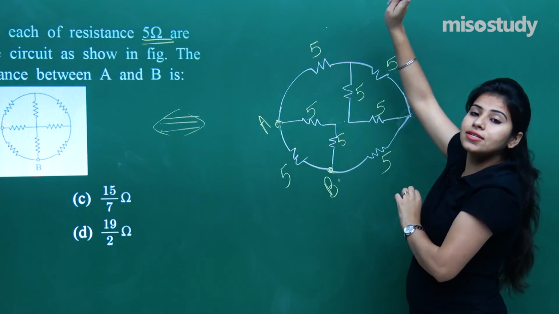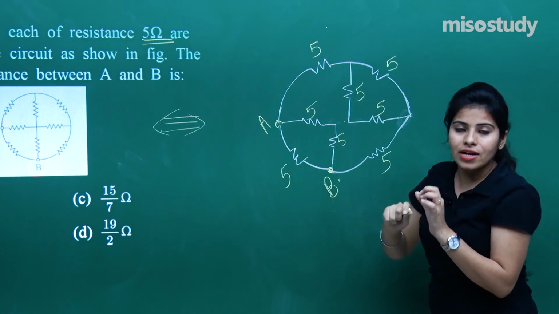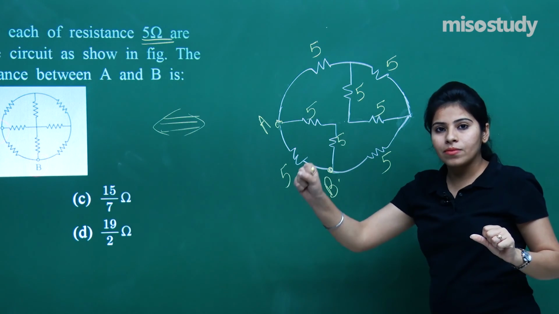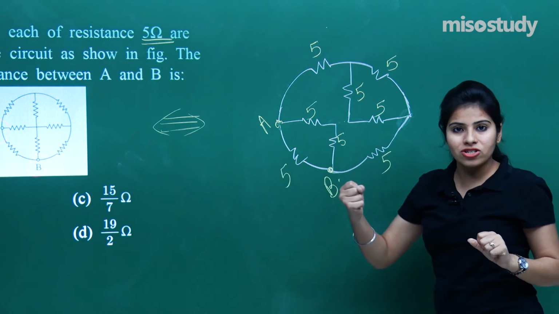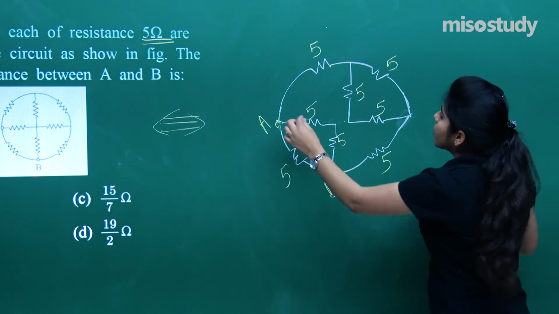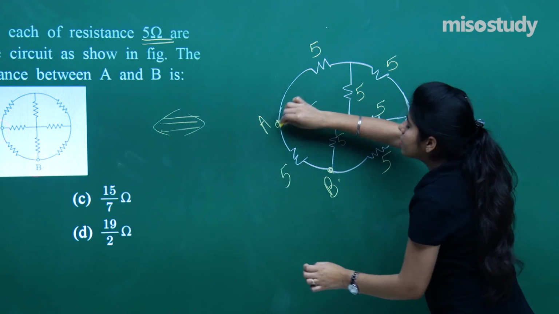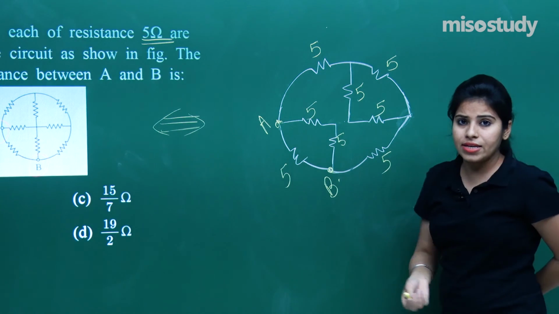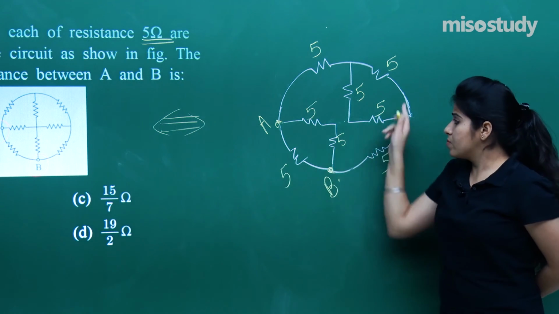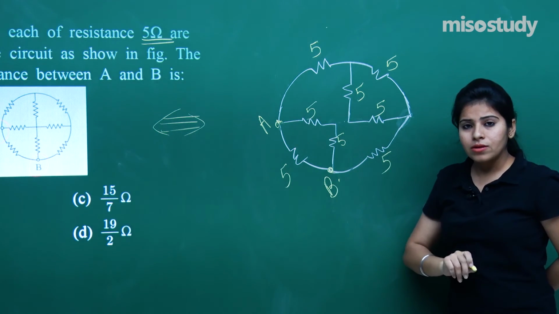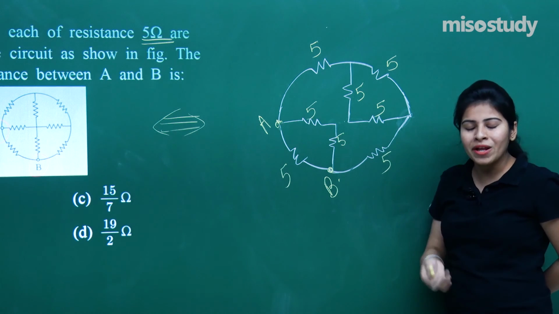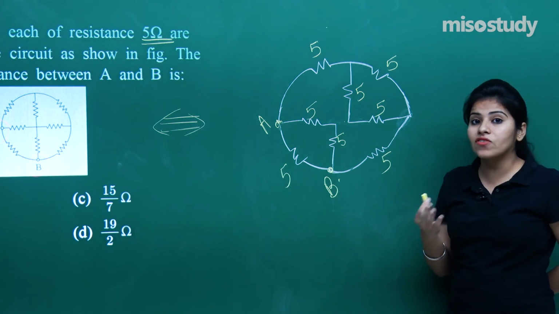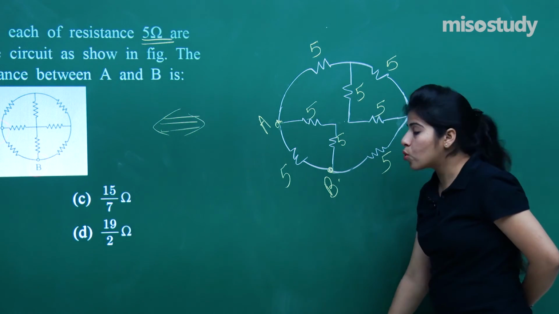Why do we say that it is in parallel? When one arm is at one junction, and the end of another arm is at the second junction and they are joined together, because one arm is here, all the resistances are here, and the other arm is here. So that means they are connected in parallel with this. Let me just explain what I am trying to say. I am imagining that you are considering it wrong, so let me make it more clear.